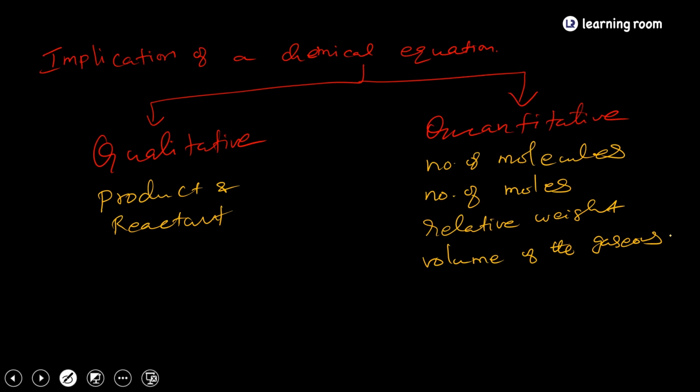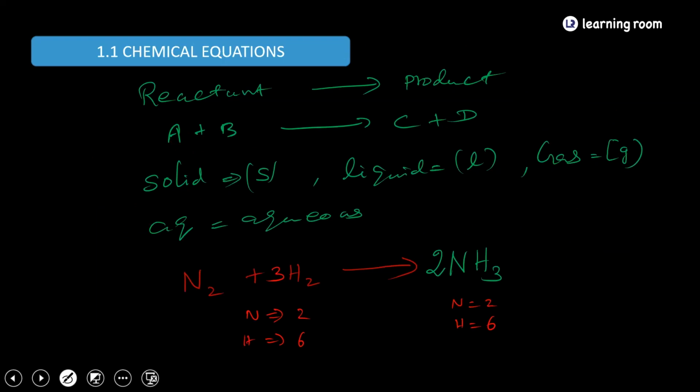By seeing that chemical structure, we are saying the name, that is qualitative information. And then when you look at the equation in the previous slide, what is the qualitative information? When nitrogen reacts with hydrogen, you get ammonia. This is the qualitative information. When you come to the quantitative information, when 1 mole of nitrogen reacts with 3 moles of hydrogen, it gives 2 moles of ammonia. So you have N2 molecule, 3 H2 molecules and 2 NH3 molecules. This is the information we can get from the chemical reaction.